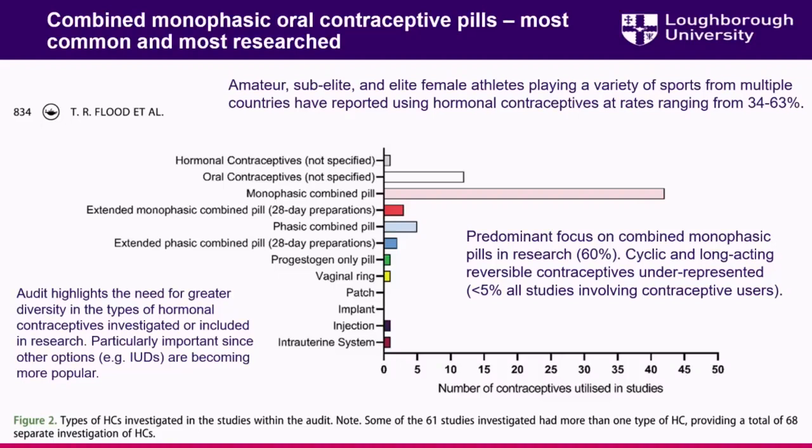So it makes sense, right? And I've done it myself. You recruit your menstrual cycle participants, and then you look at what then is the second most common hormonal profile, and that will be the woman that uses combined monophasic oral contraceptive pills. So all of your research is done in that space. But that means we know much less about, say, for example, the oral patch, the implant, the injection, and other kind of classifications. So I guess that's a call from this paper directly, but also the research more generally, to give better representation to the other forms of contraception and what that might look like.